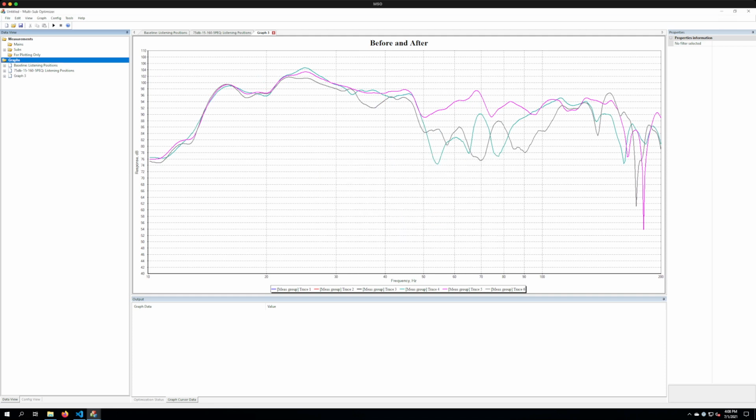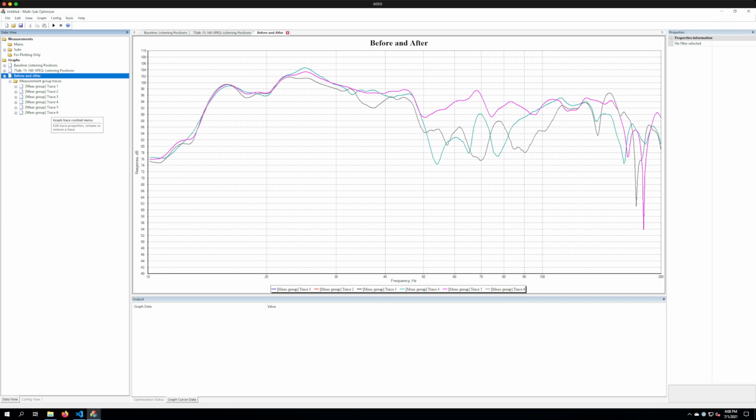So when we create graphs, it doesn't by default know really what to name things. So the first thing we're going to do is let's go ahead and change the graph name here on the left-hand side. Right click, rename the graph. We're going to call this before and after. So now that changes our tab name up here at the top so that we can see the proper thing we're looking at. If I expand this, it's going to show me the data that it's actually graphing, but these aren't really